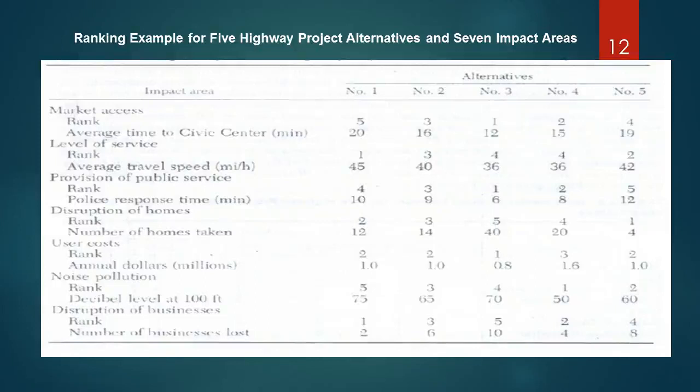This table is representing the ranking example for 5 highway project alternatives and 7 impact areas. There are the 5 alternatives, 1 to 5, and the impact areas like market access, rank, average time to civic center, and the level of service, its rank, and its average travel speed. And next is the provision of public service and the disruption of homes, its rank and number of homes taken, and the user cost,